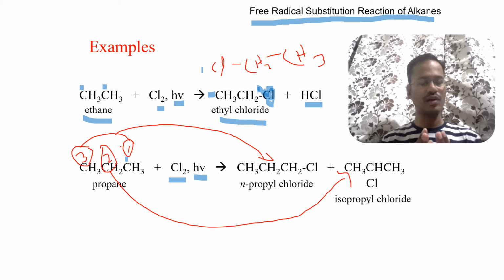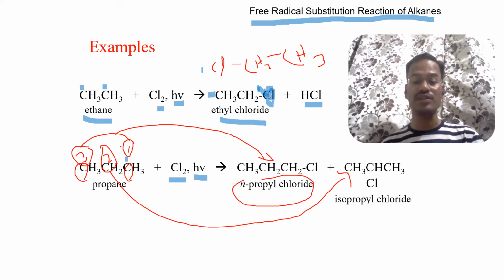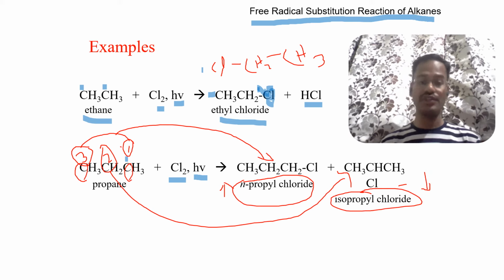There is very little probability to explain this, because as I said earlier, free radicals are highly reactive species. They may attack any carbon, but most probably, they will attack the terminal carbons. So the possibility of formation of n-propyl chloride will be more, and formation of isopropyl chloride will be less. Hope you understood this, and